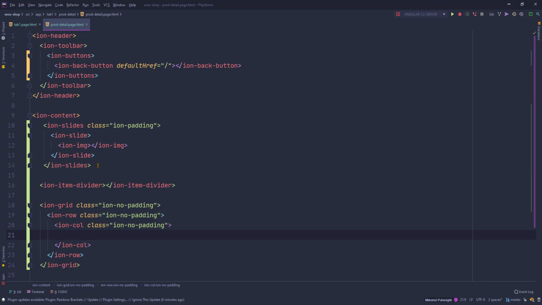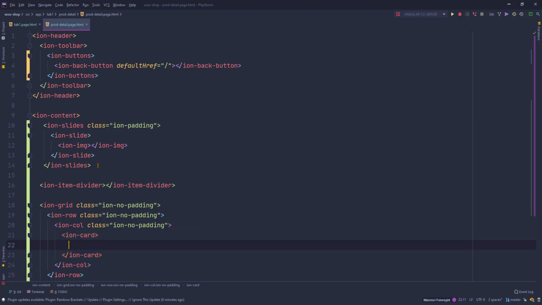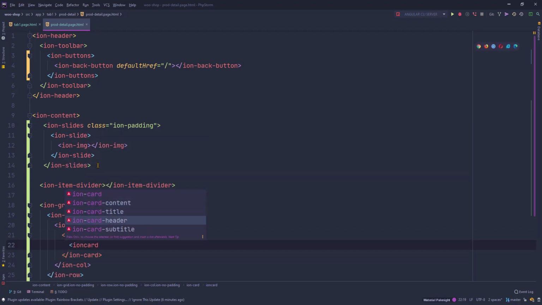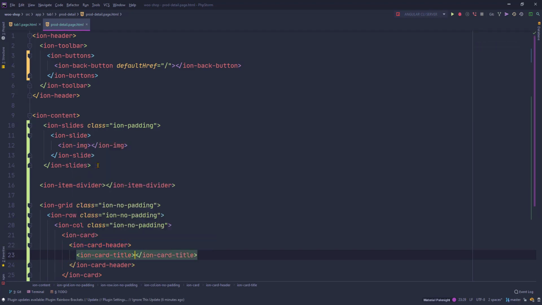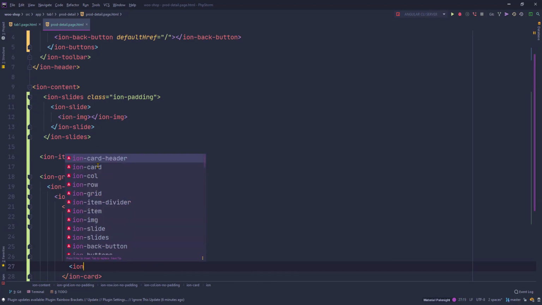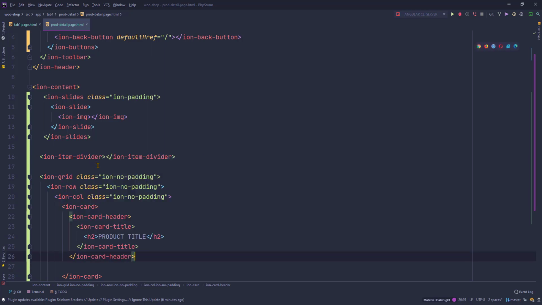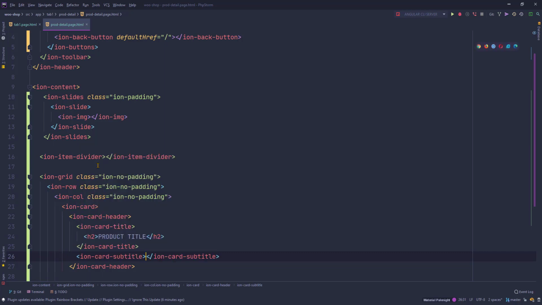Okay, inside the column I will have a card. The card will have a card header with card title in it. Okay, and this will have an h2 product title here. Below the title I will have a subtitle. This will be my